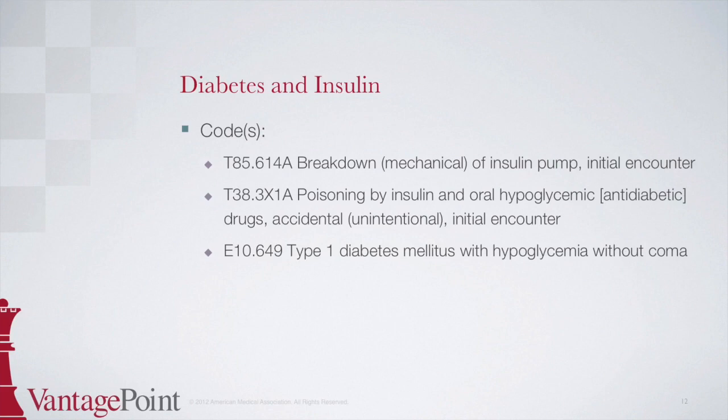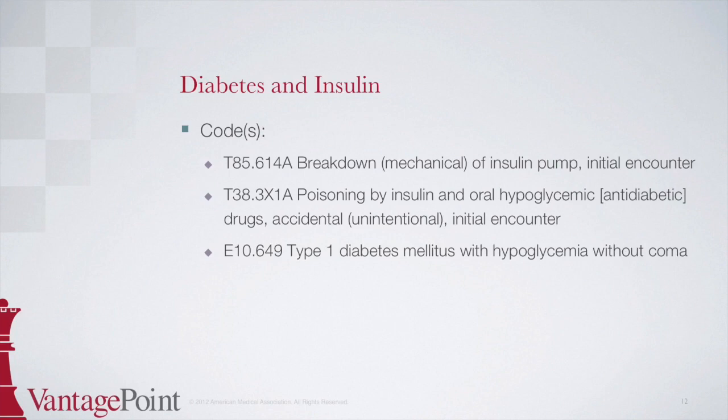To find this code, go to the table of drugs and chemicals and then locate insulin. Since we know from the previous slide that an insulin overdose is considered an accidental poisoning, we would use the code in the accidental poisoning column, which is T38.3X1. When we confirm this code in the tabular, we see that a 7th character is required and A would again be used. Our final code is